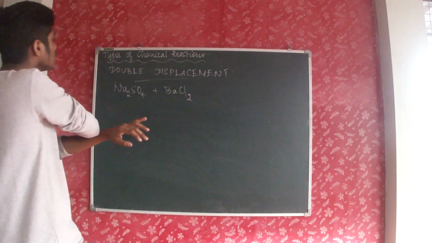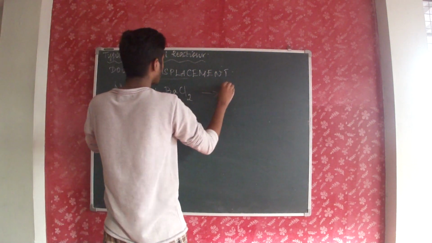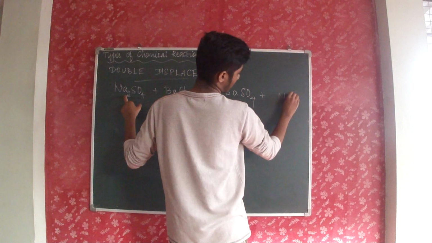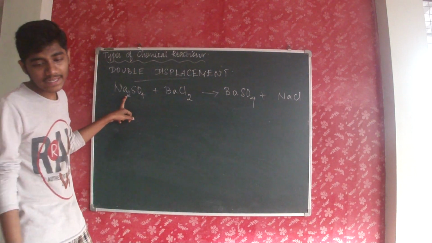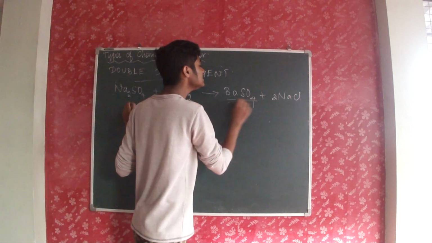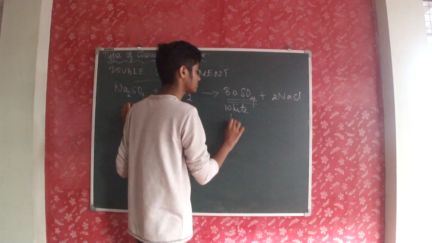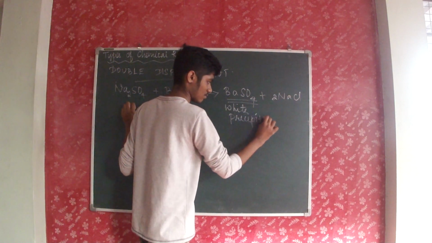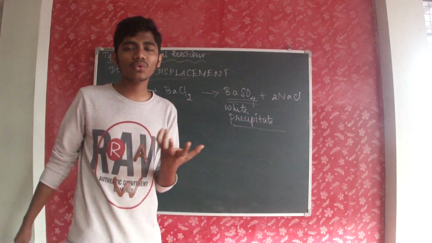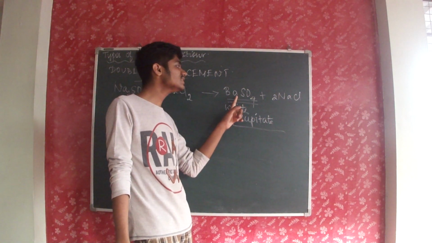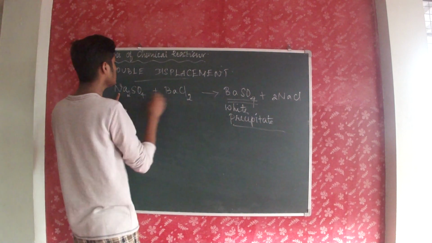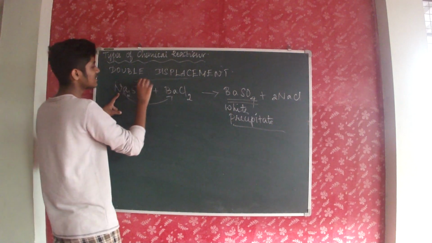So both of the ions get interchanged. That is, these two combine together. So BaSO4 plus NaCl. And if you want to balance this, you can do that here too. And this is a white precipitate. A precipitate is something which is insoluble in water. It gives a cloudy appearance and it is insoluble in water. So the thing which is formed here, barium sulfate, is white in color and it's a precipitate, and also Na2SO4 changed into BaSO4. So there is an interchange between these two and there is an interchange between these two.